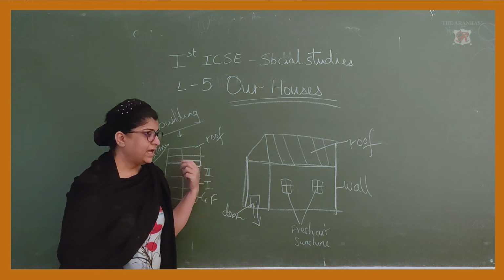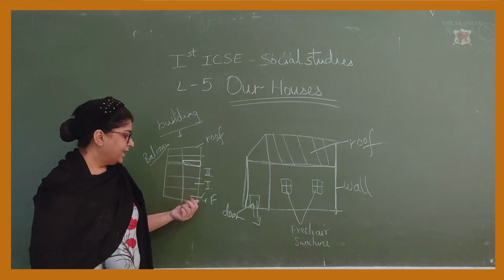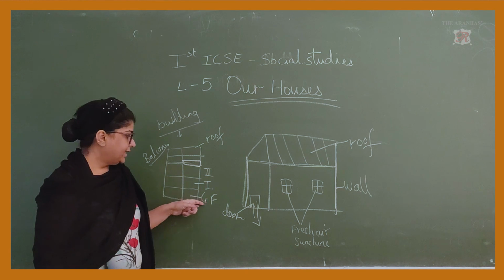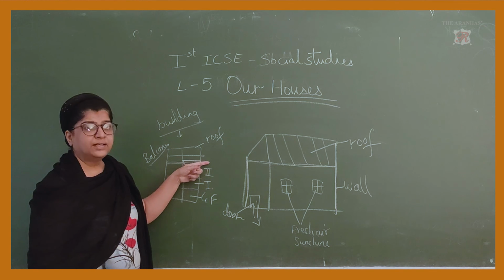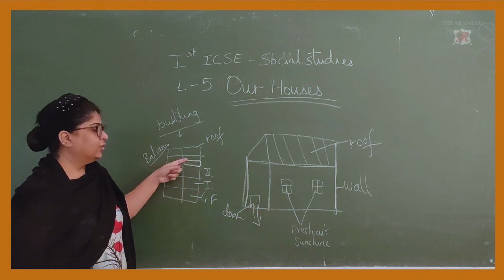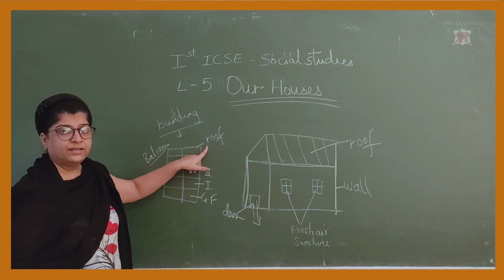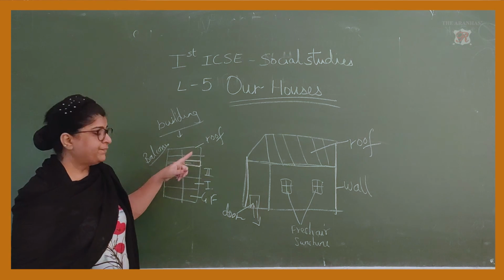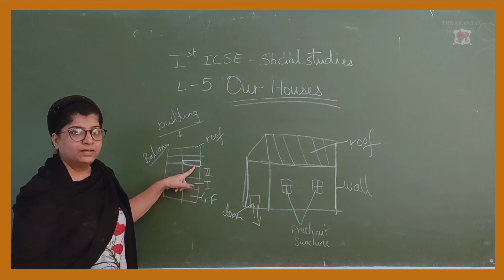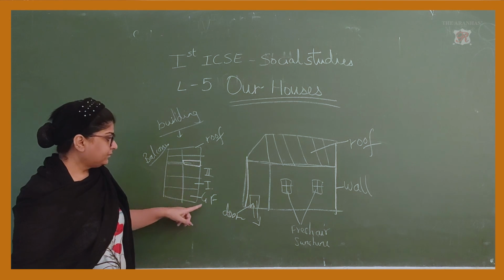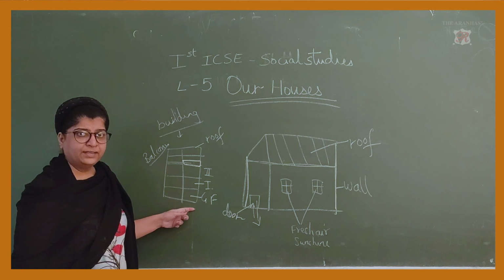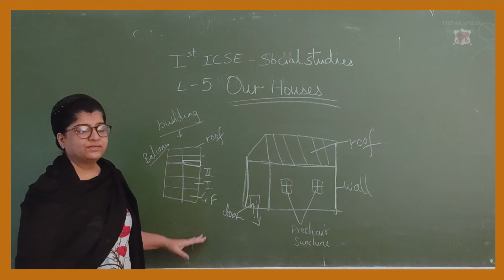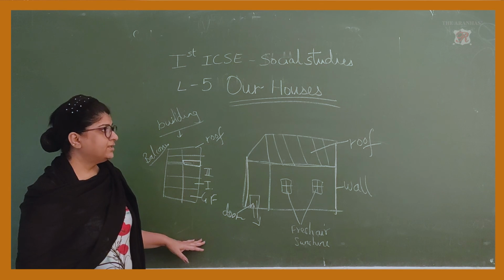The same way we have a building also. In a building, it starts with the ground floor, then comes first, second, third, and according to the building, it goes on. The top of the building is called the roof. Even they have a balcony over there. So the ground floor doesn't have a balcony, the rest all have a balcony. I hope this was very clear for you. Question and answers we have already